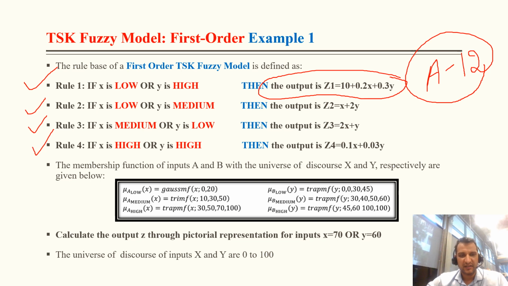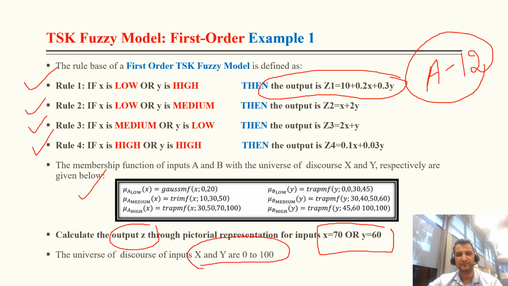Now the membership functions for input A and B, actually in our final examination this function will not be available to us. Most probably a triangular function will be given so that we can easily draw it, because with these there is difficulty in drawing, and finding the exact value is impossible. Now what is our target? We want to calculate output Z for the input x is equal to 70 and y is equal to 60, and the universe of discourse for x and y is equal to